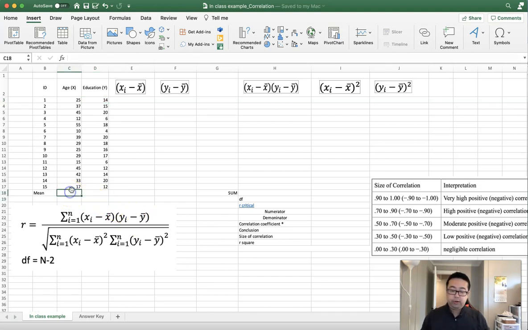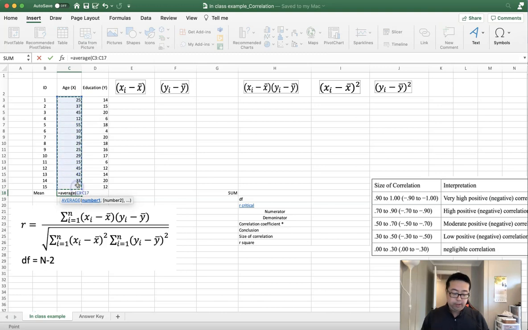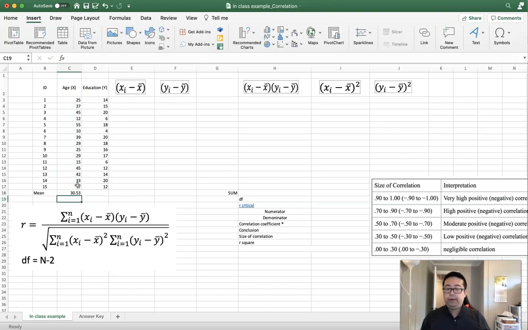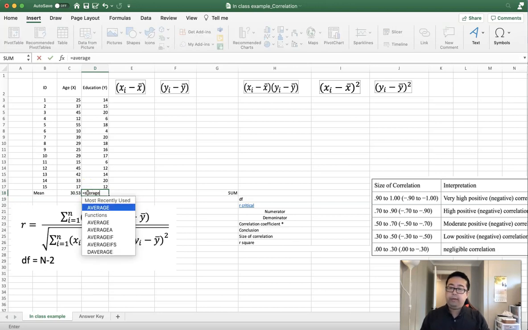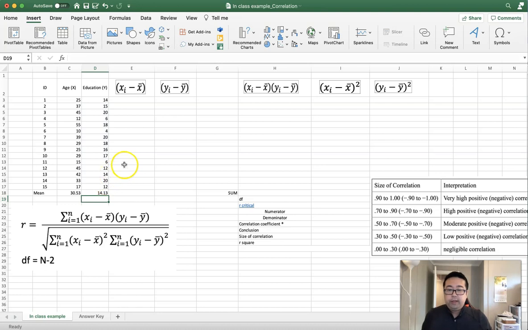So let me just calculate the average. So average of the age variable, and we can just drag it, right? Very easy, right? Okay, and also the average or mean of the y. And then you can calculate that. So you can just simply calculate it, but maybe we can go further because step number one is